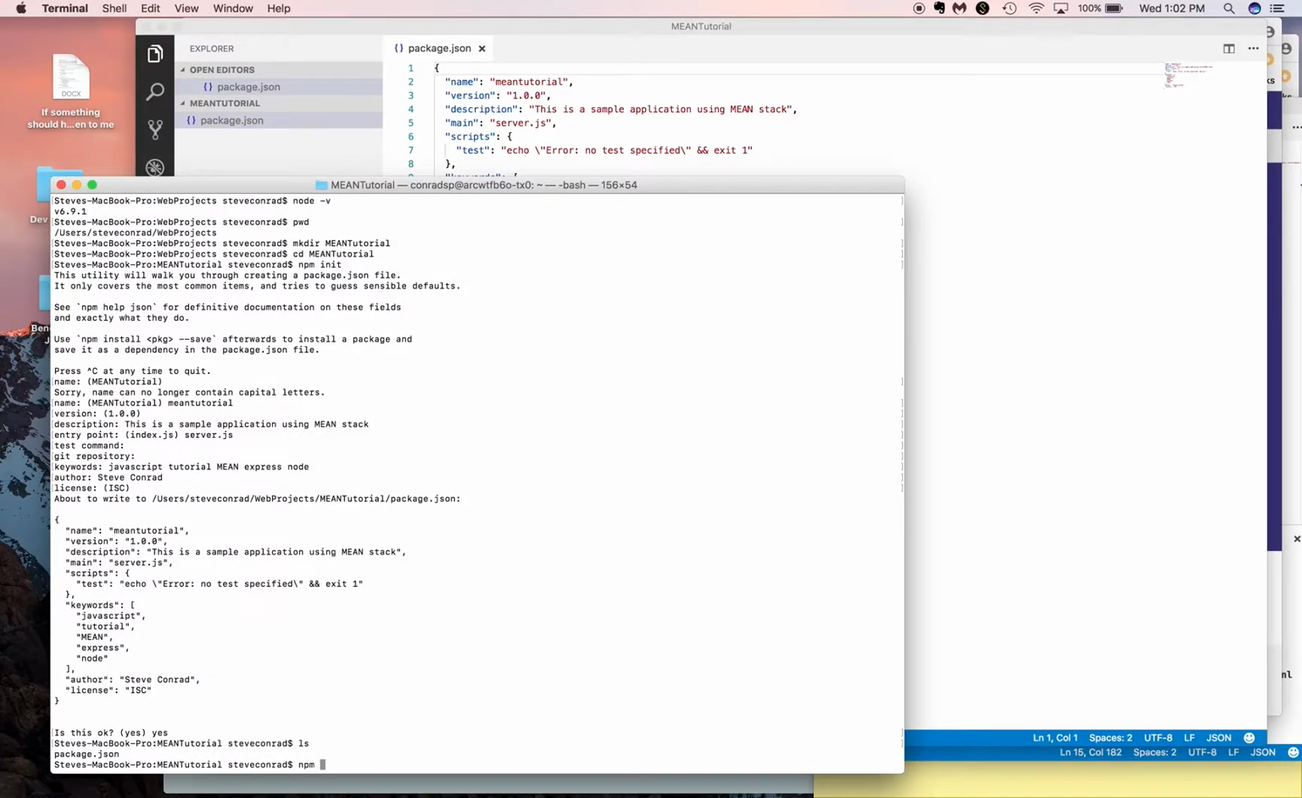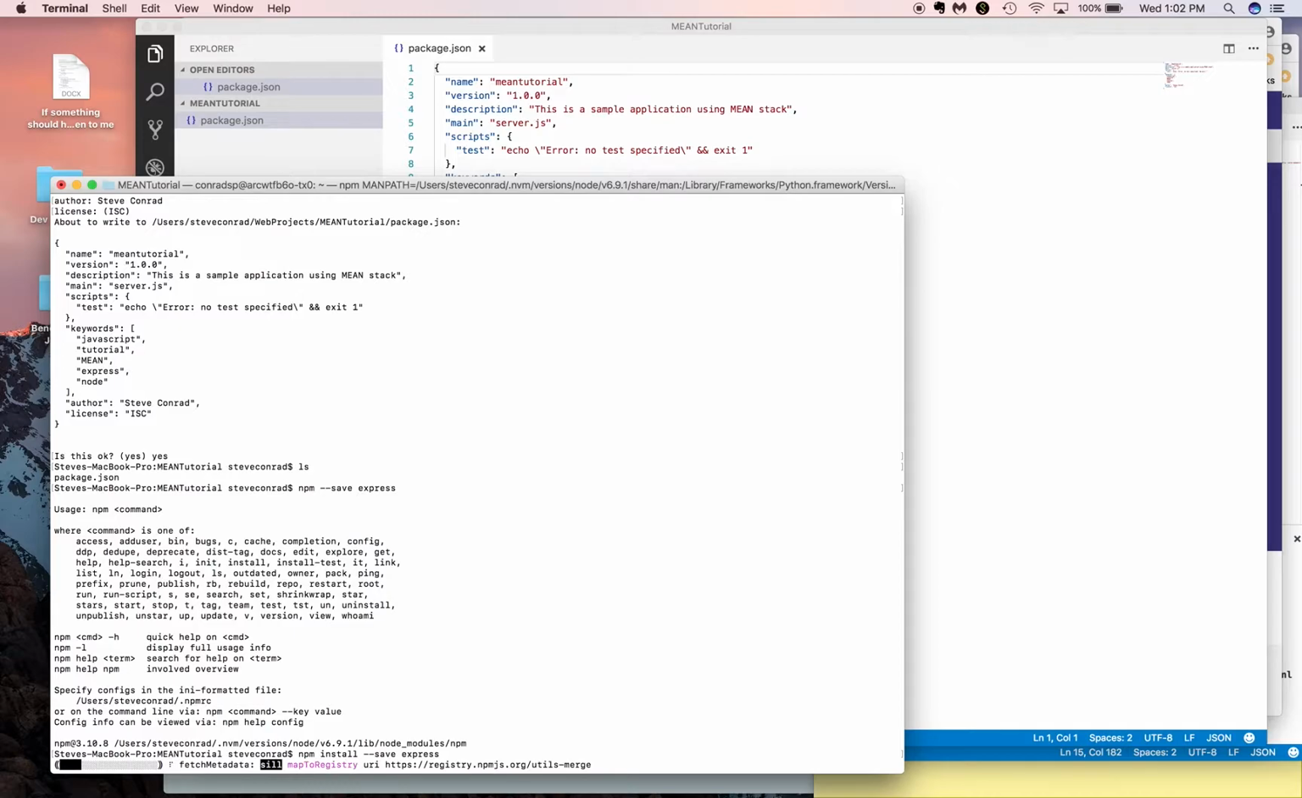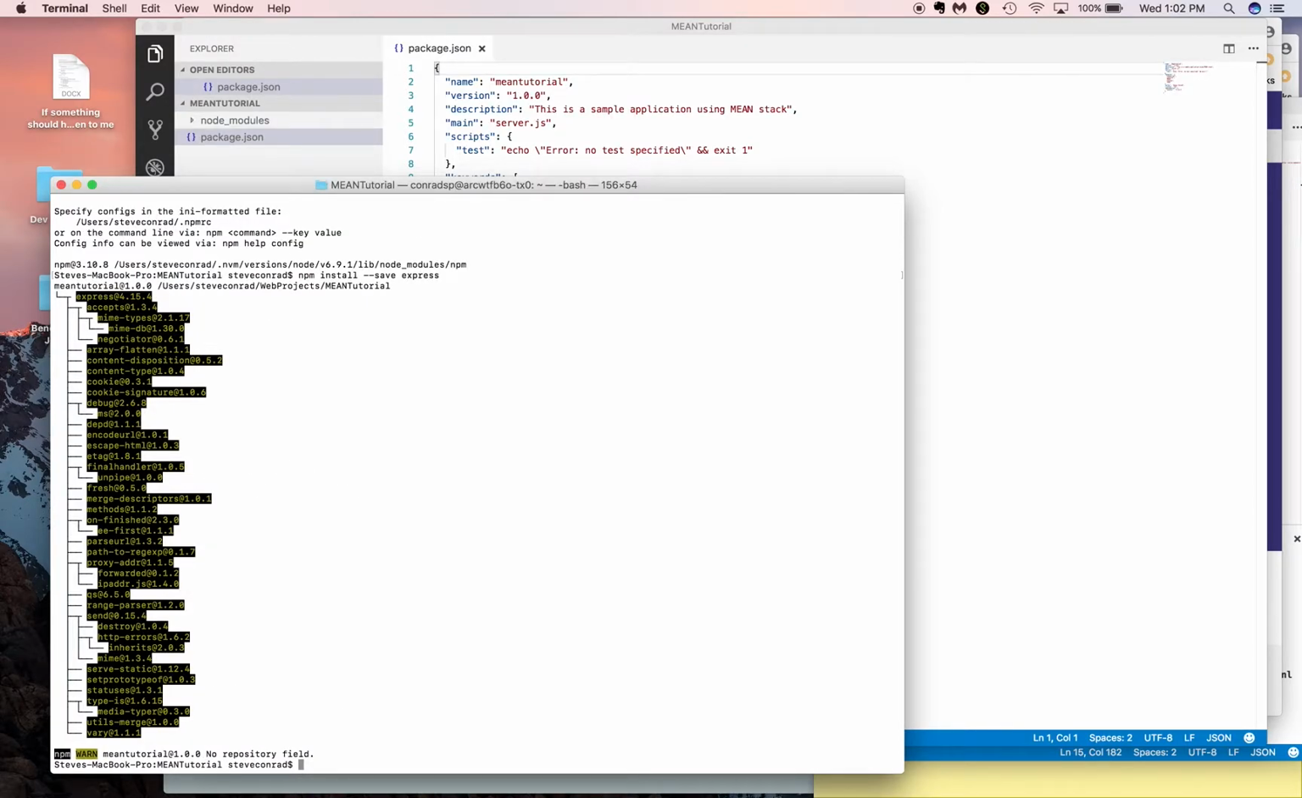So we're going to say npm install --save. When you say --save, that means add this package to your package.json file. And we're going to do Express. We're going to install Express. npm install to install a package, save it in your package.json, Express. So now it will go out, it will find the Express package out on the web, and it will install it into our